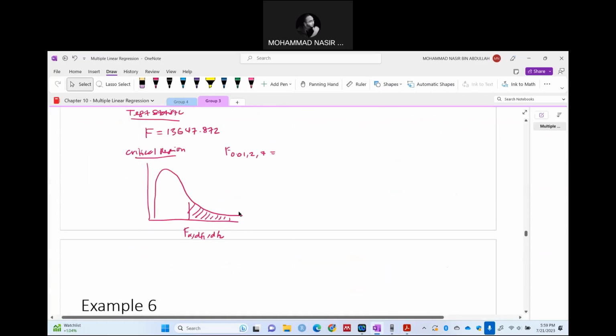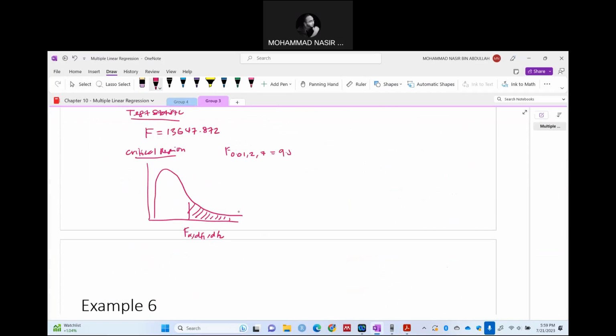So this is 9 point. Right. So our decision, reject null hypothesis since F calculated more than F alpha DF1, DF2. So our conclusion,